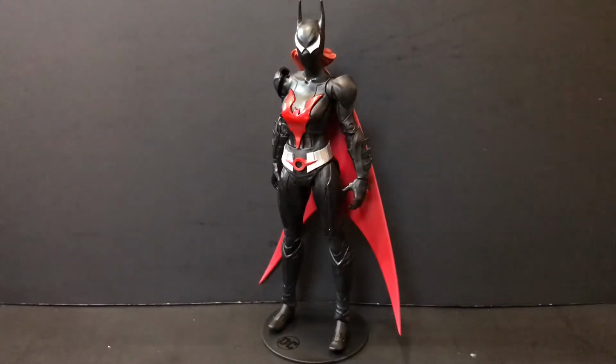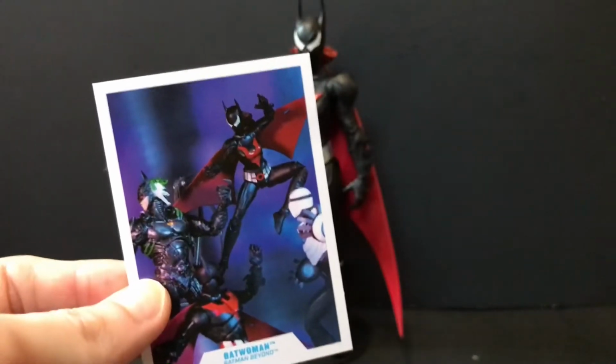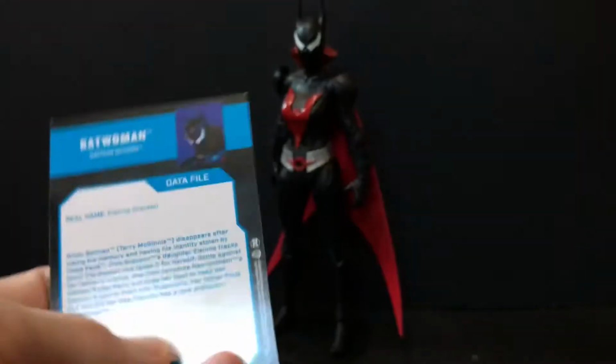But getting into the meat and potatoes of this review before it turns into a rant, and it really doesn't need to be, because of the collectible trading card. I'm waiting for me to get like the wrong card with a figure and just be like, here's the card, and it's not the right character. But there you go. And on the back,